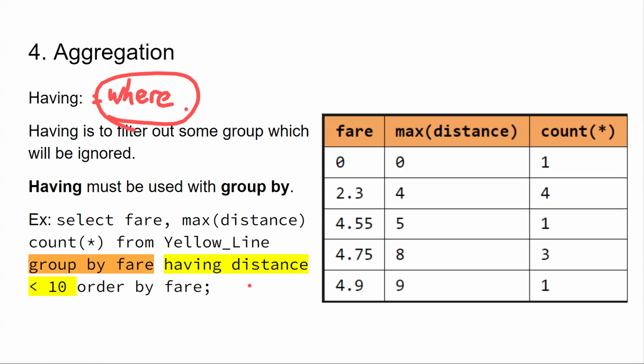when I have some small tables, I have to do filtering. I have to abandon some data that I don't want. And here, I have to do that according to distance. When the distance is less than 10, I'm only keeping the distance less than 10. So in other words, I'm abandoning the distance that is greater than or equal to 10. So from here,